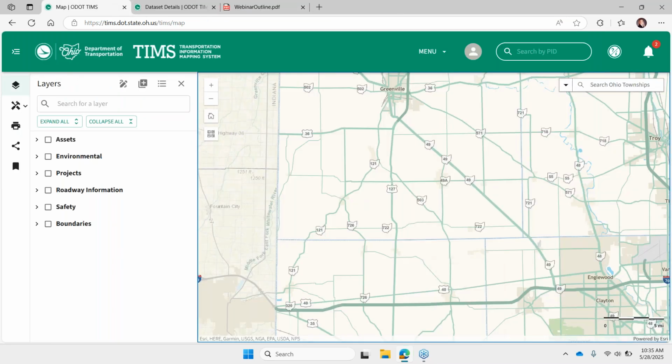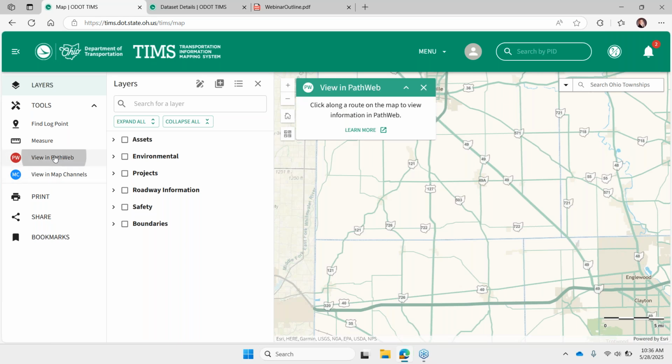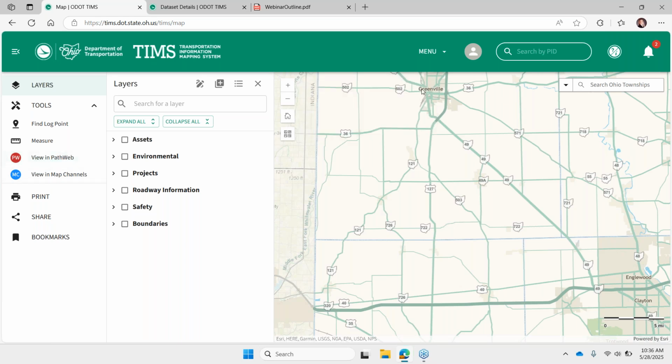Clean up some tabs. I'll go ahead and note that those two tools are still available from the toolbar. Remember our toolbar on the left-hand side? You can expand your tools view. And here you can initiate those two tools where you would activate the tool and then click anywhere along the map. So two different ways to interact now.